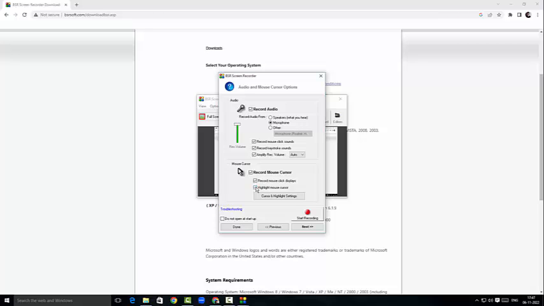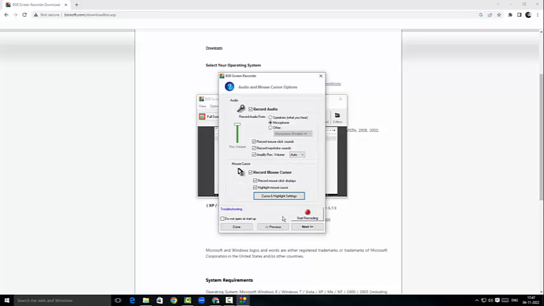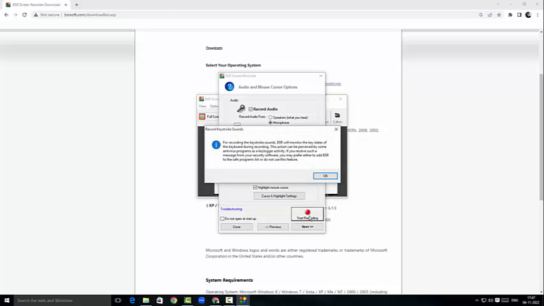And in case I wanted to select the colors, I'm going to click on cursor and highlight settings. Here I'm going to choose the highlight color to be yellow, and that's gonna be animation display, and I think this is okay, so I'm just gonna close it. And to start the recording, all I have to do is click on start recording here. Okay, I'm gonna click on OK,